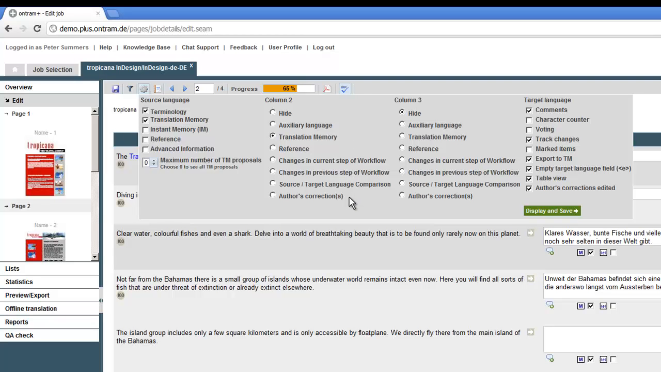An auxiliary language, for example, is a pivot language that shows the current translation of the same job in a different language. Reference is often used for a job that is an updated version of an already completed job. If a reference is saved for a job, the text segments from the reference job can be viewed and copied